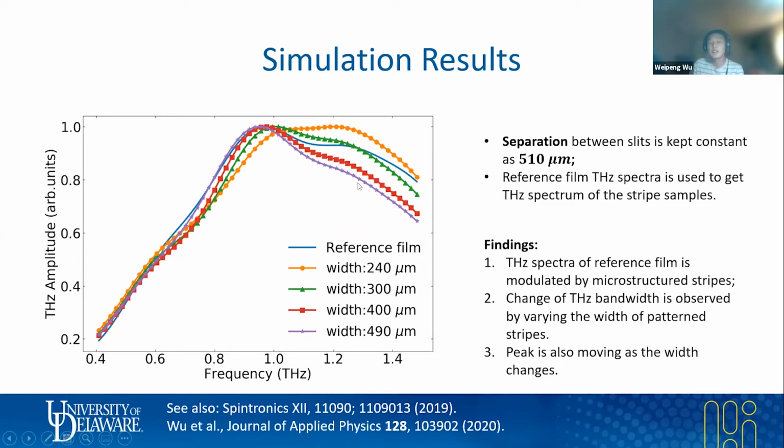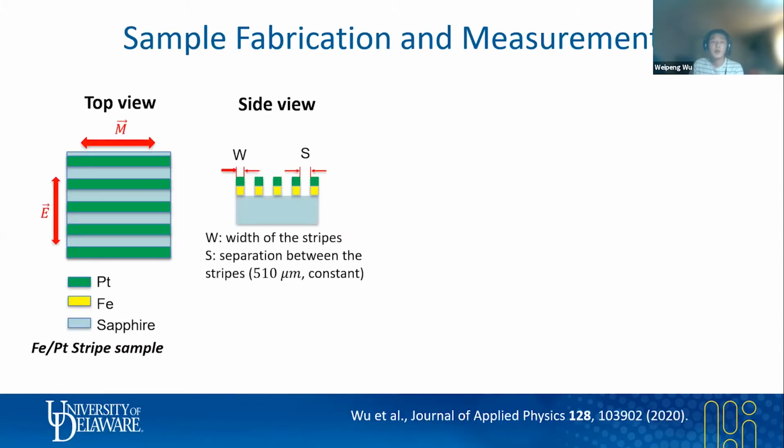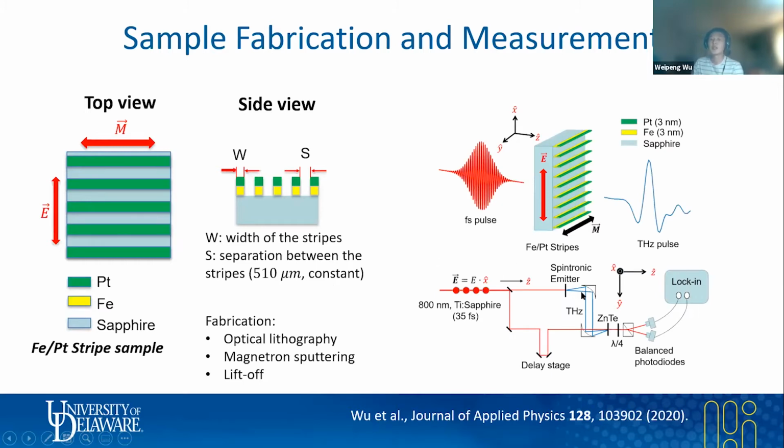So to solidify our simulation result, we fabricated samples with exactly the same dimensions as mentioned before, separation distance 510, and varied the stripe width using optical lithography and magnetron sputtering. And then we measured the sample using a time domain terahertz spectroscopy system in this experimental configuration. And in the experiments, we magnetize the sample along the stripes and then detect terahertz radiation with vertical polarization, because